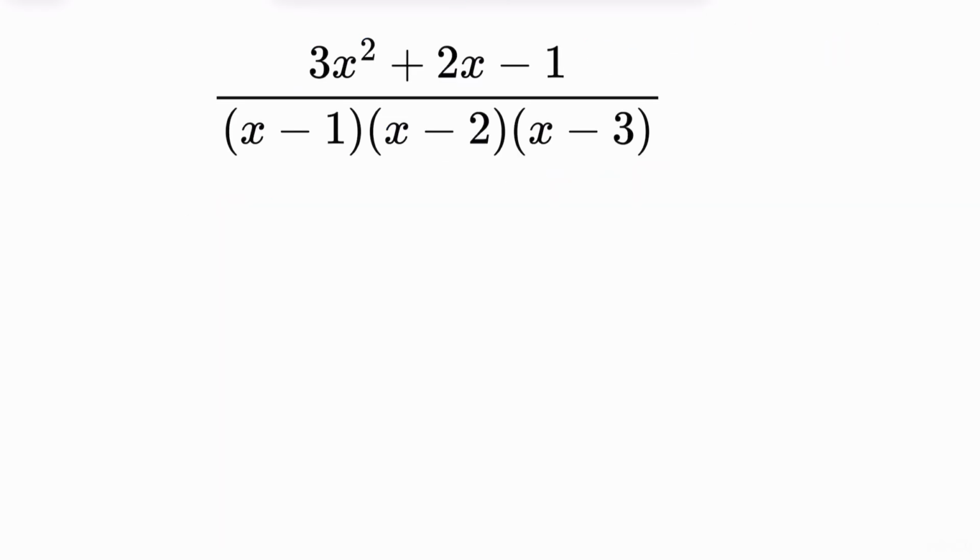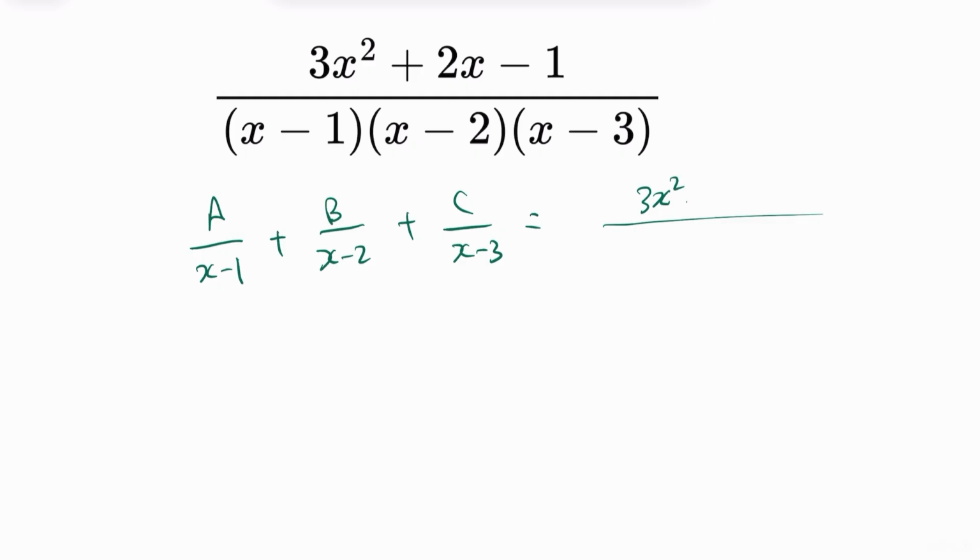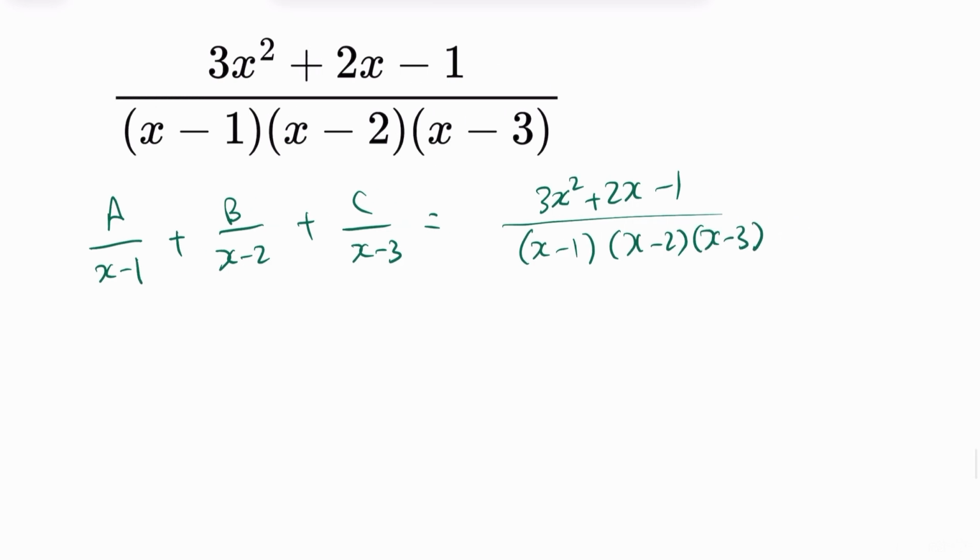So in this exercise, we have 3 brackets in the denominator. That means we have to find 3 fractions. So we let the first fraction as a over x minus 1 plus b over x minus 2 plus c over x minus 3. So our rational fraction is 3x power 2 plus 2x minus 1 over x minus 1, x minus 2, and x minus 3. And the same idea, to get rid of the denominator, we multiply by the lowest common multiple. So let's multiply by the common denominator, x minus 1, x minus 2, and x minus 3